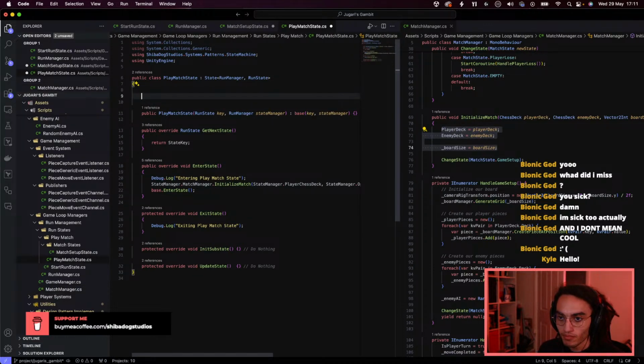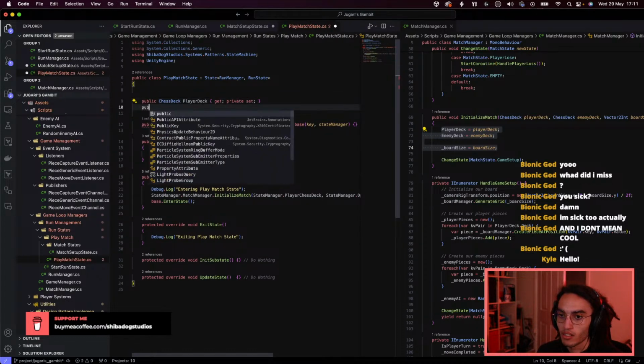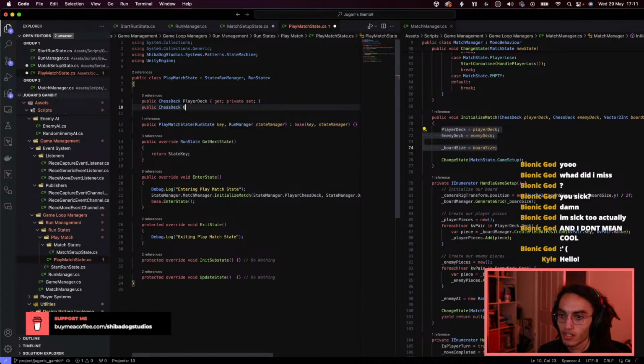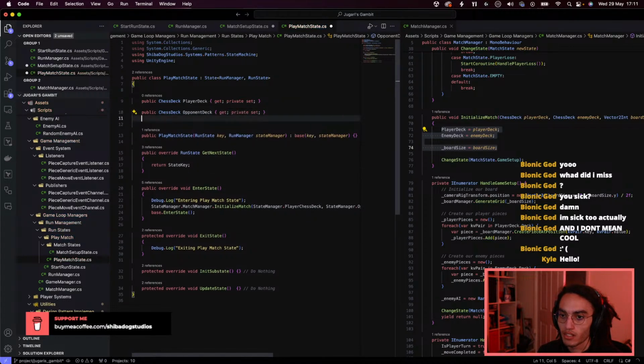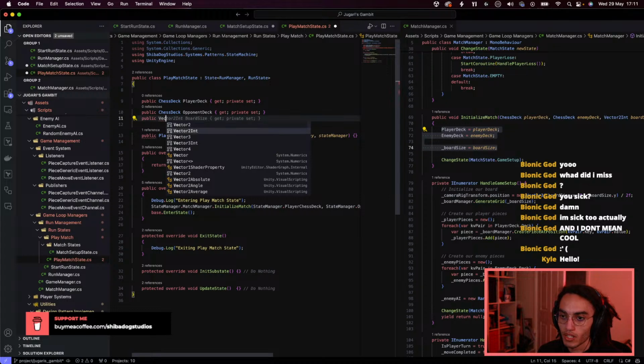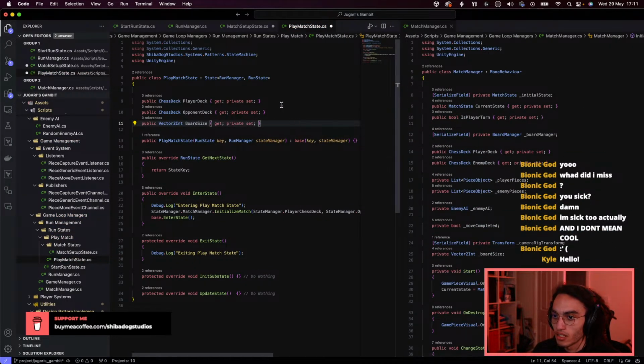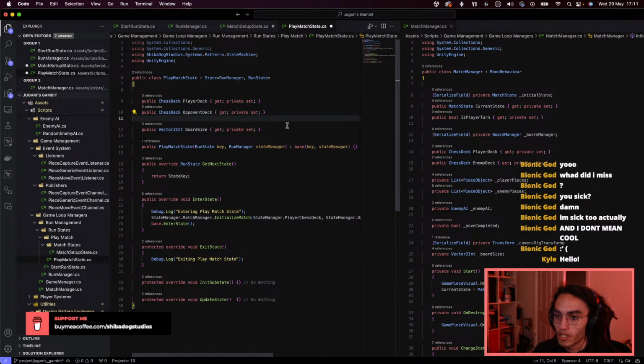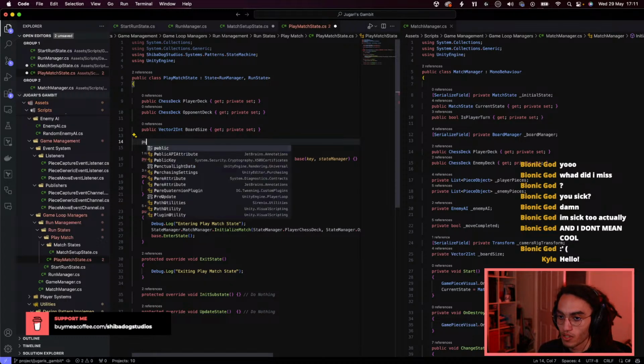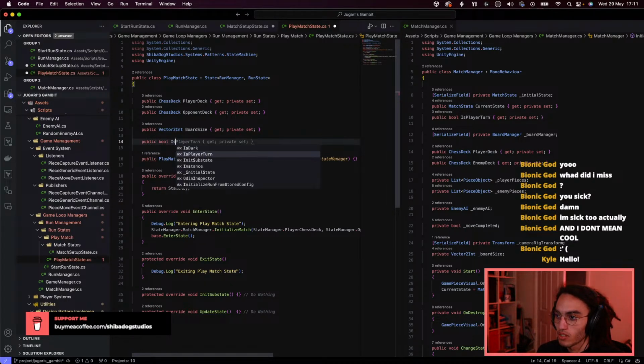So let's maybe have a public chess deck, which is going to be our player deck, public chess deck, opponent deck, public Vector2Int board size. What else do we need in here? Basically everything that we've got in our match manager is going to come out into this class. So we also want a public bool is player turn,